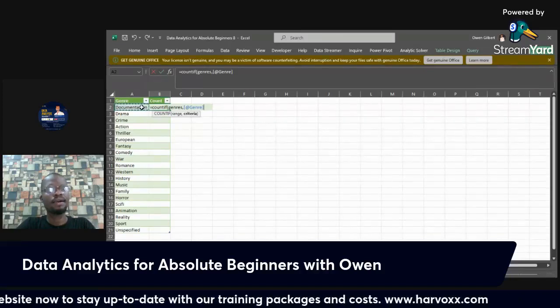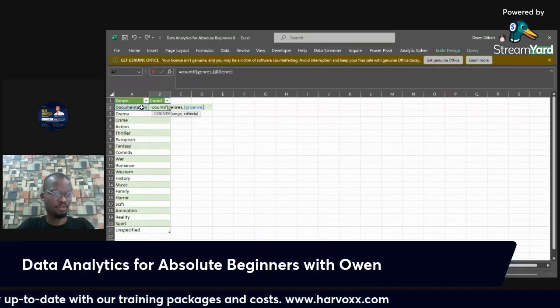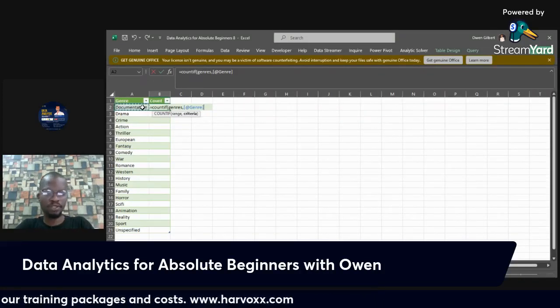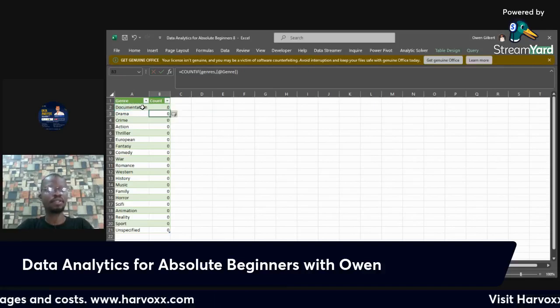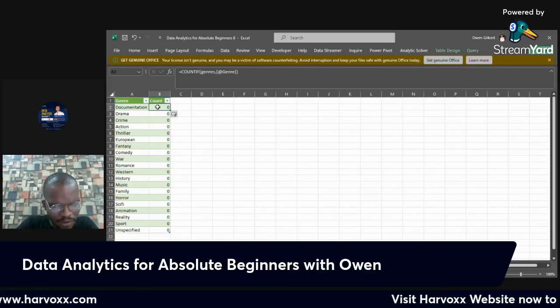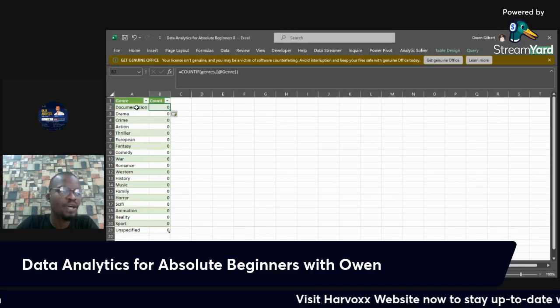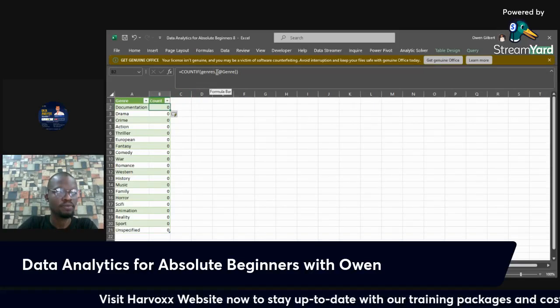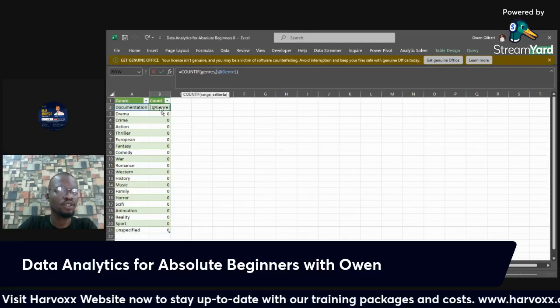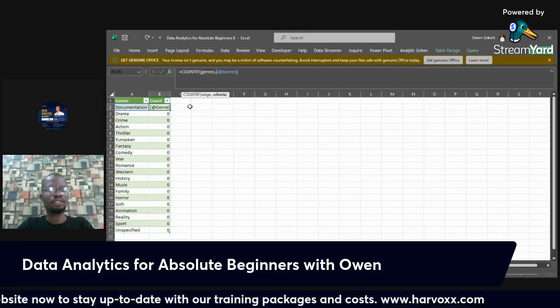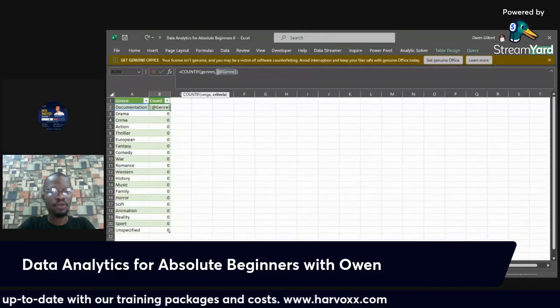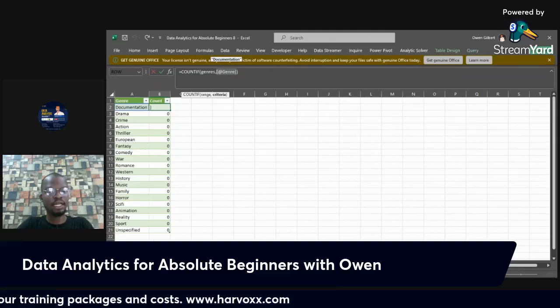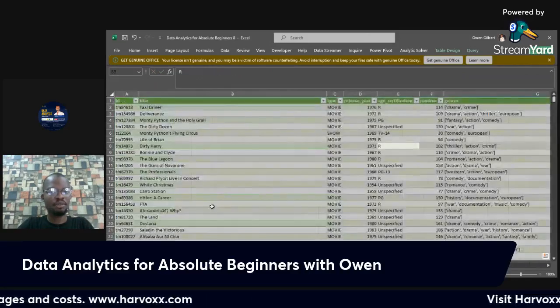I don't really like this option. I don't like working with tables like this, but let's go and see. It tells me zero because there is nowhere it will find documentation alone. Let me explain what's happening here. Documentation is a word we want to check in our main table.